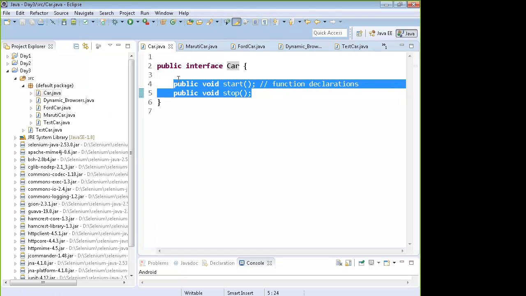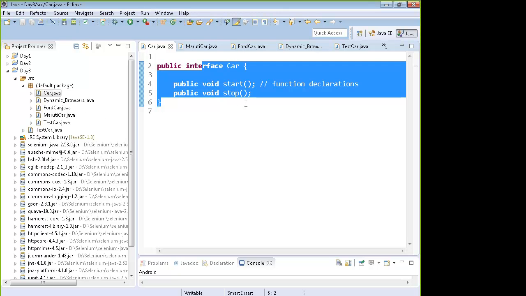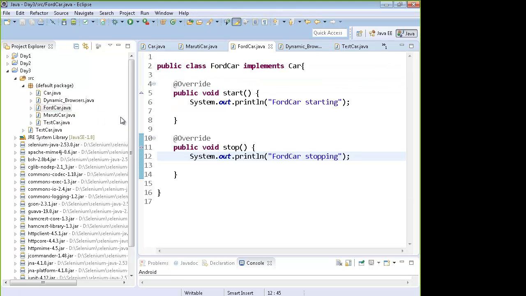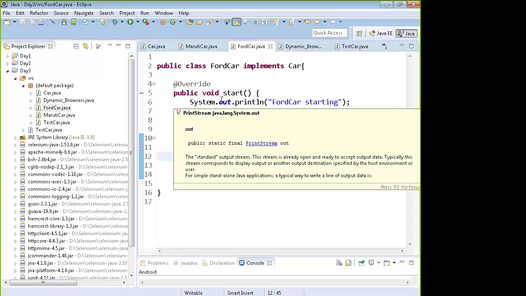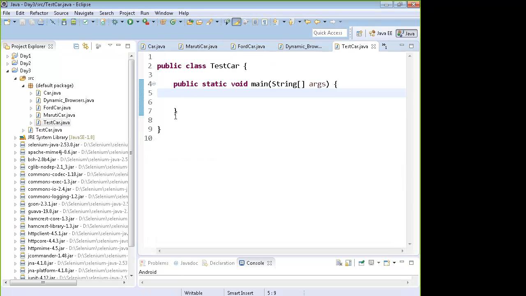We had this car interface which I had created, and there were two other classes, Ford car and Maruti car, both implementing this interface. If I try to create the object of the interface by writing new car, you cannot do that. It is illegal.